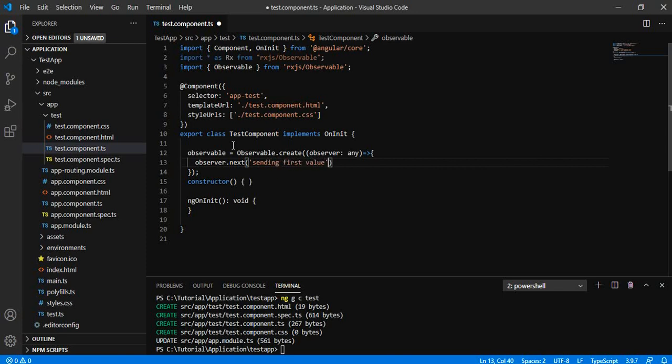Let us say I am sending the first value. Whosoever subscribes to this particular observable will immediately get this value that is being sent from the observable.